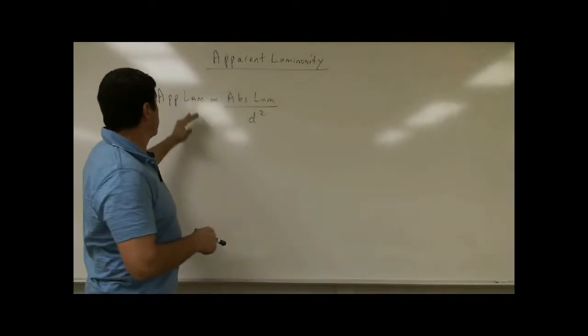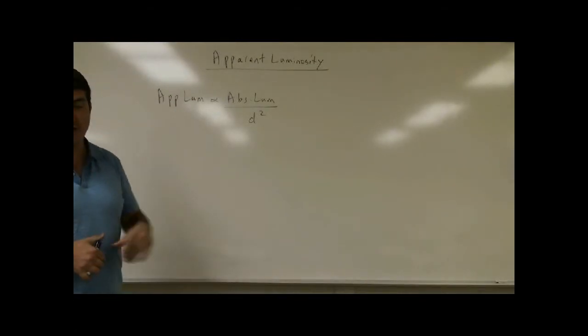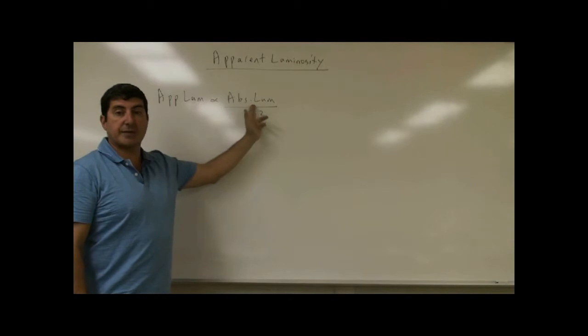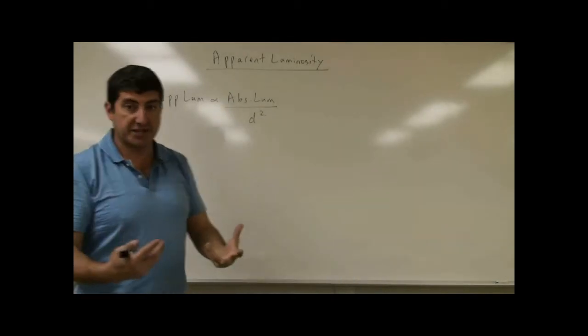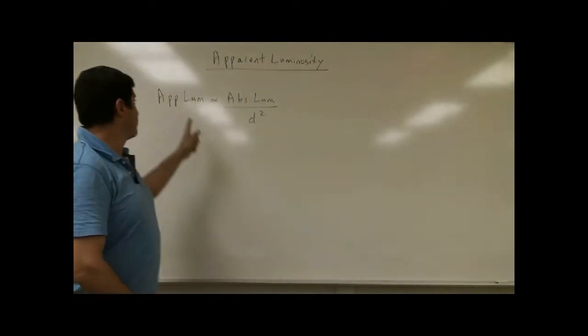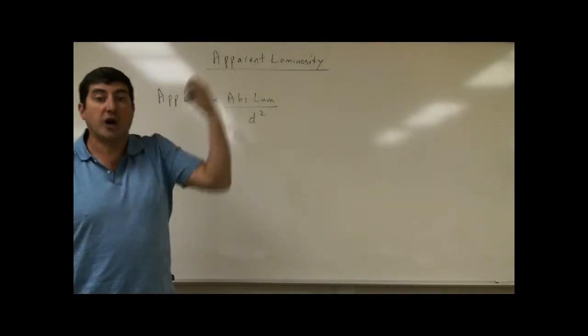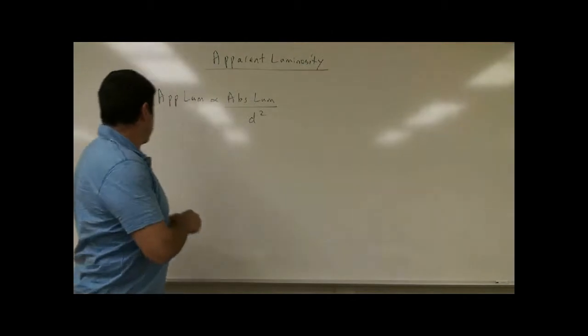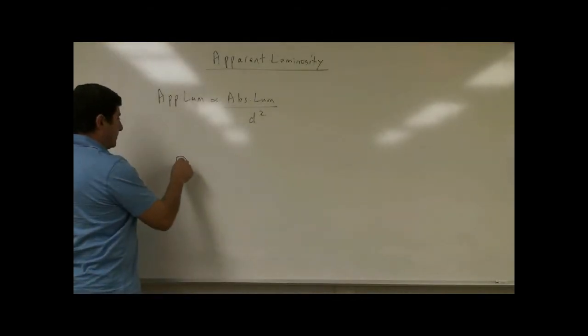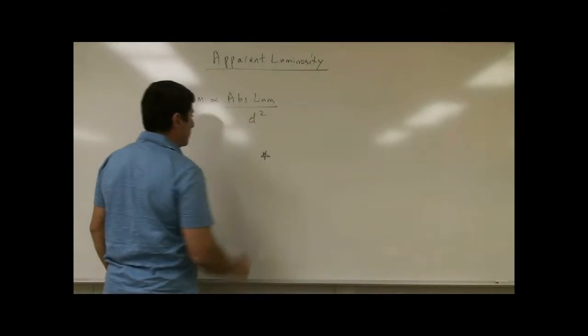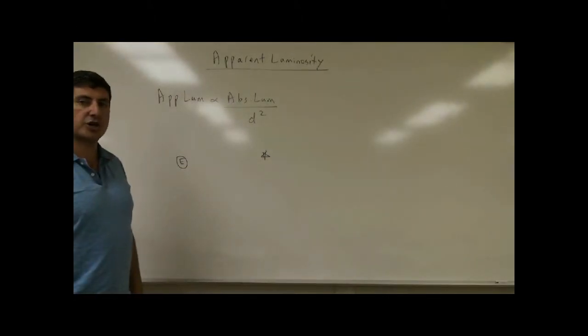We're going to talk about the concept of apparent luminosity. We talked at great length about absolute luminosity, which is how bright a star is. Now we talk about apparent luminosity, which is a measure of how bright it appears to us, right? So if we are the Earth here, and there's a star over here, how bright does that star appear to